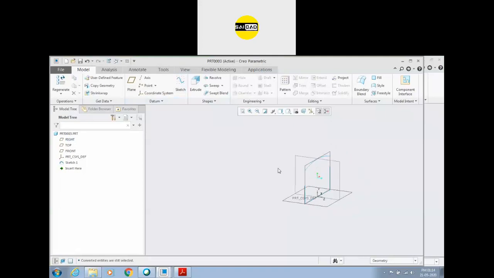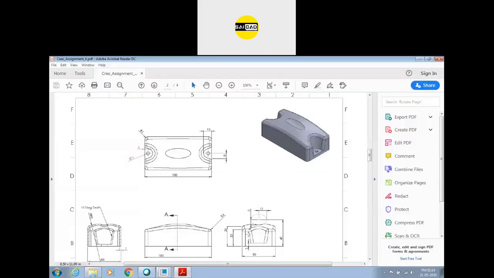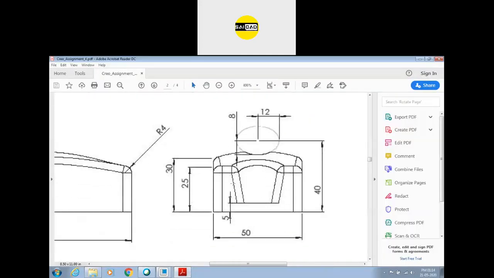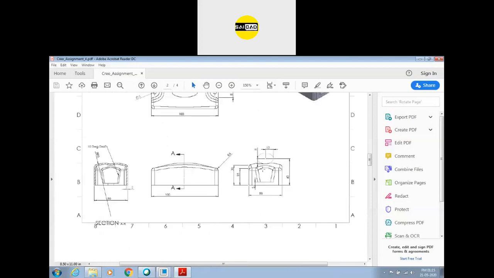Okay, so how will you create the shape? If we provide a path and provide this shape, it is going to be constant. It's not possible with the sweep because we have different shapes. In the front you can see we have a flat shape. This is a straight line, not a curved line. This is a straight line. And in the middle we have the curved shape. So it is possible only with the blend option.